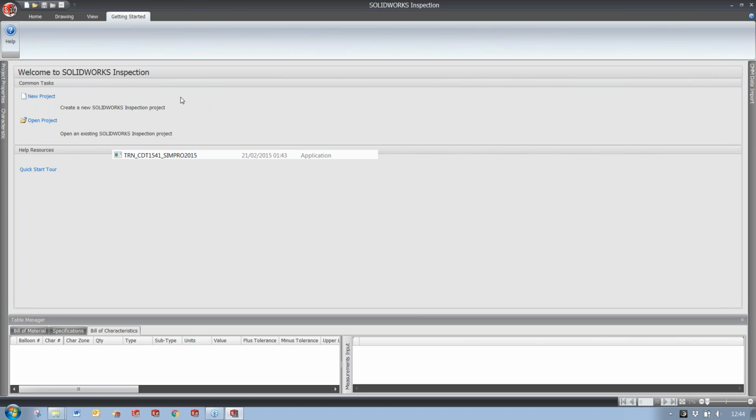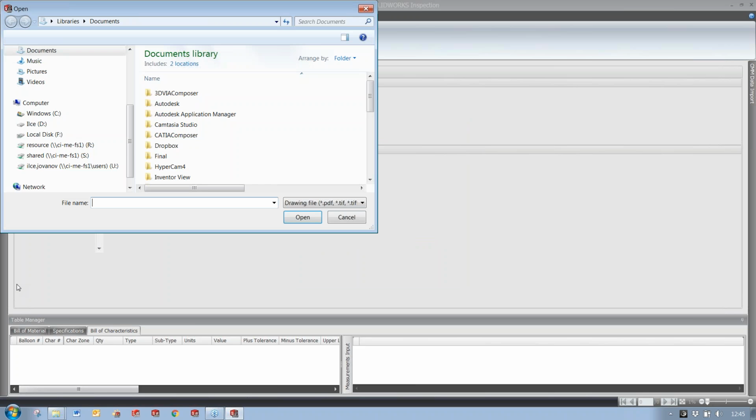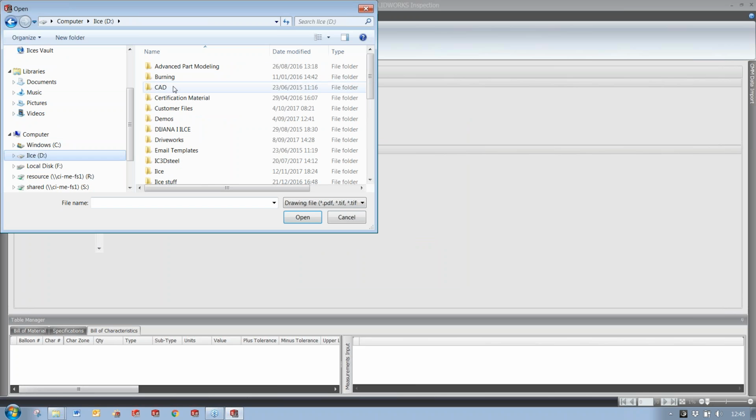And this application can inspect not only SolidWorks documents, but we can also use PDF documents. So a PDF document, which really has no intelligence in it, we can use Inspection Professional in order to capture all of the dimensions required. So I'm going to open a new project using my Australian Standards 9102, and I'm going to open a PDF drawing in this case. So once again, just going to my